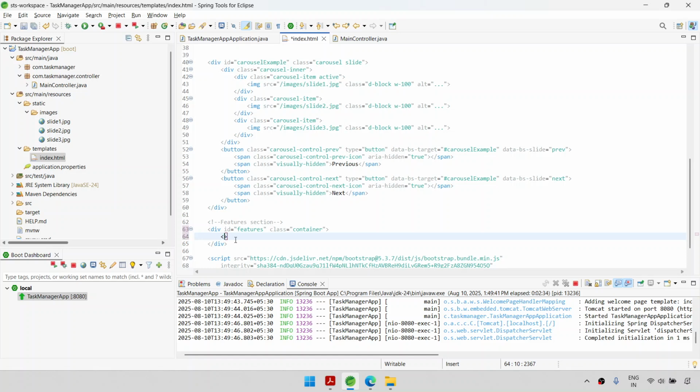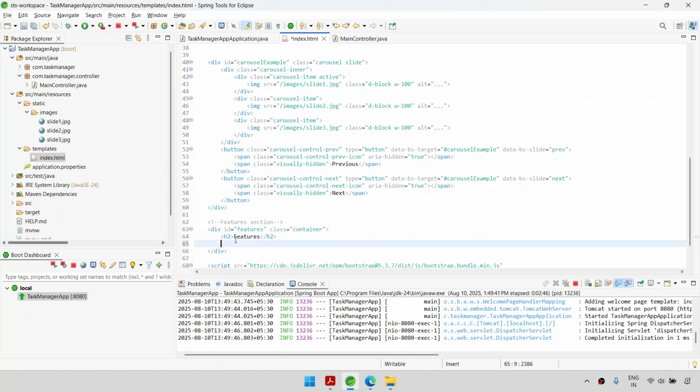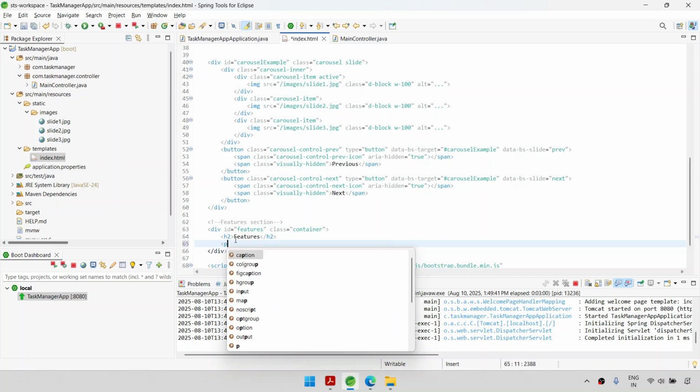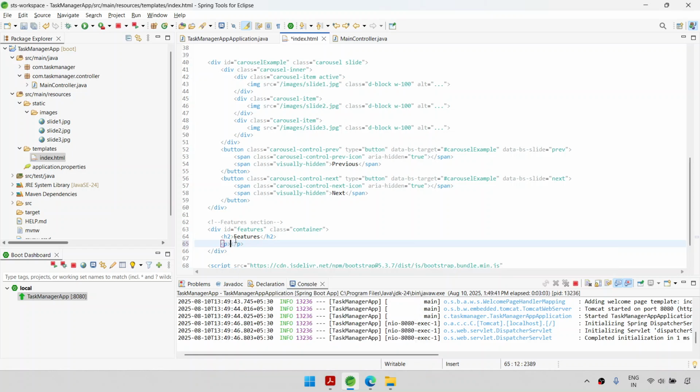So in this div, let's say heading 2 we will use. Heading 2 we will say features. Okay, what are the features? For each feature, let's use simple paragraph tag for now, otherwise it will be very confusing for everybody. Add new tasks quickly and easily,